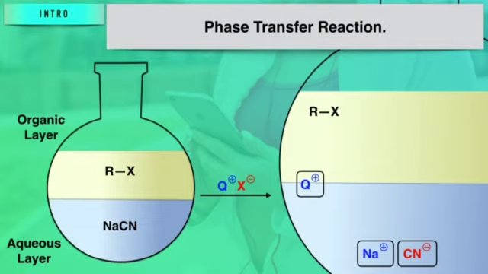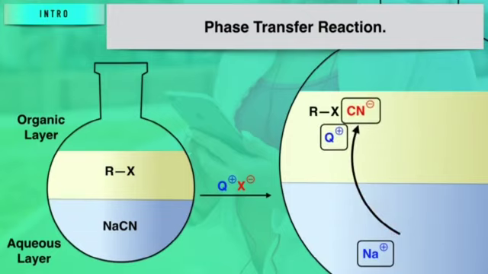But definitely if a positive charge substituent moves within one layer, to preserve the electrical neutrality, a negatively charged counter ion has to move within that layer. Now, which is that negatively charged counter ion which can easily come and preserve that electrical neutrality? That is the cyanide ion, which is present within the aqueous layer. So the cyanide ion will move from the aqueous layer and enter into the organic layer, right? So what you can observe here, the cyanide ion and the other portion of it, Q plus, both are coming in one layer.